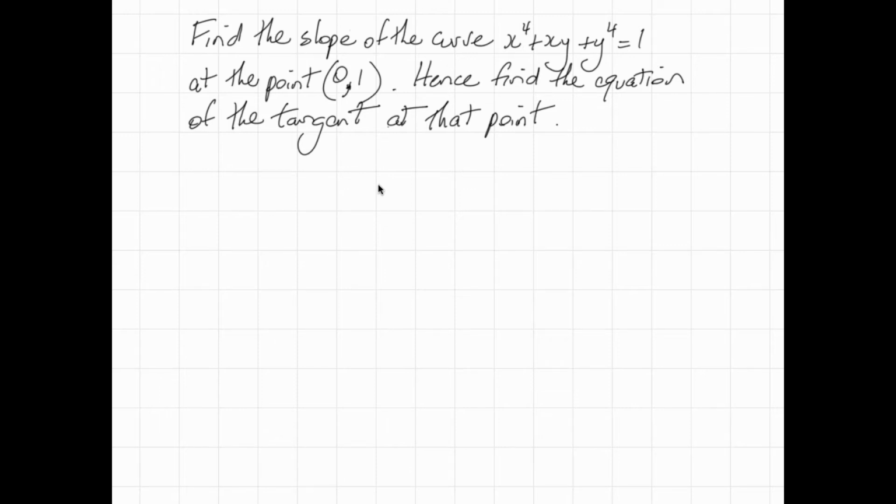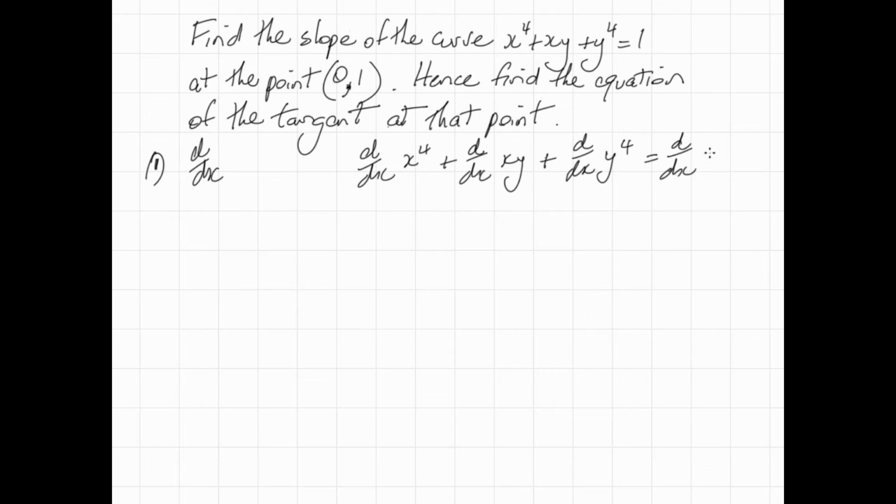for implicit differentiation. The first step is to differentiate with respect to x every term. So we've got d/dx of x to the fourth plus d/dx of xy plus d/dx of y to the fourth equals the derivative with respect to x of 1. We can calculate all those. The derivative with respect to x of x to the fourth is 4x cubed